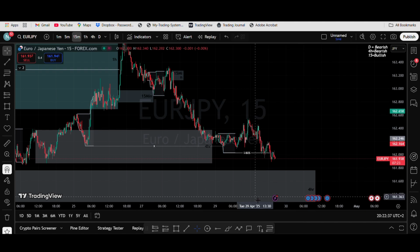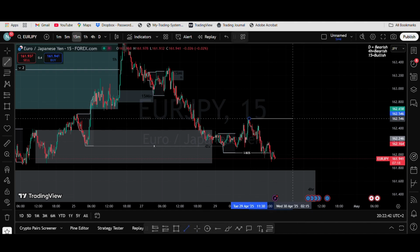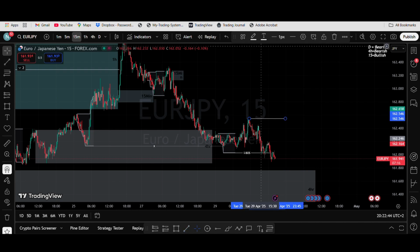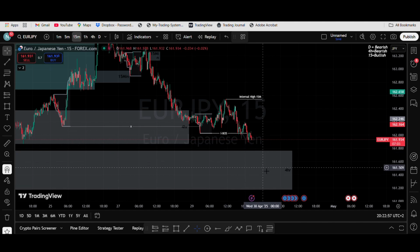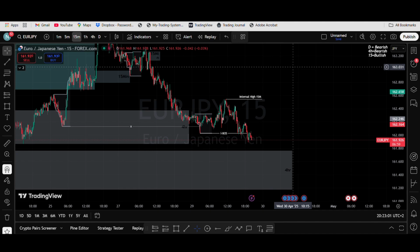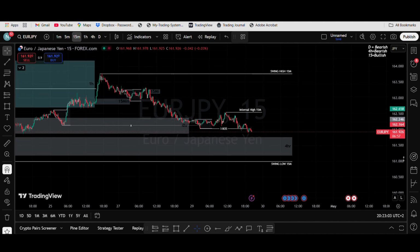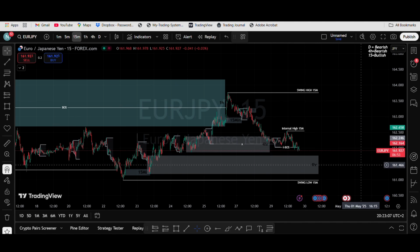This would be my internal up to there. This would be my clear internal structure. So let's say we see it come back into here without creating a new internal high. If it doesn't create a new internal high before coming into here, I probably want to see this internal high break before I start looking for buys again, which then price will be in a much higher probable state for